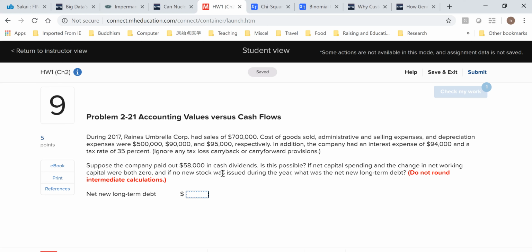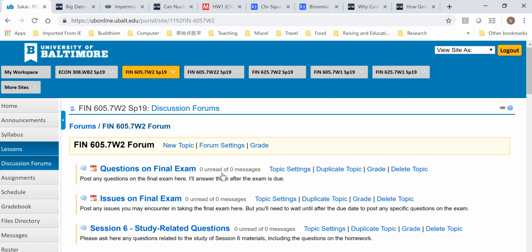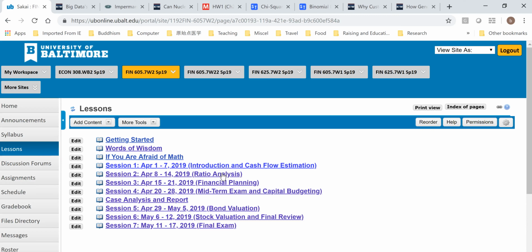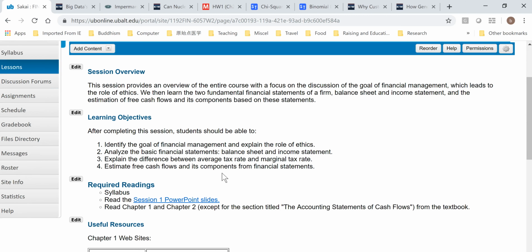Suppose the company paid out $58,000 in cash dividends. Is this possible if net capital spending and the change in net working capital were both 0? So immediately this means if we go to our lessons, session 1, pull out my lecture slides,